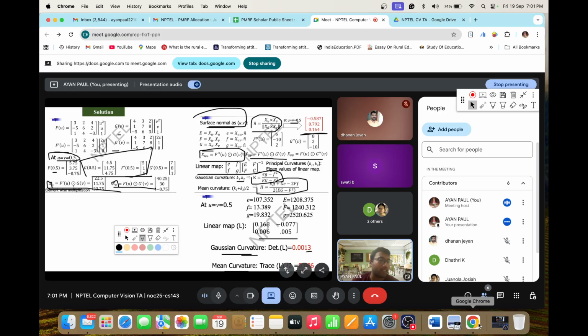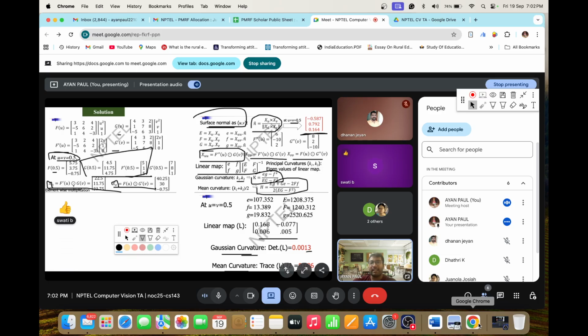You would be given the surface, and then you have to calculate the Gaussian curvature or the mean curvature. If we know the theory, it is easy to remember the formula. I can include the theory in the slide after this class, wherever I have given the Gaussian curvature and mean curvature. There only I will include the theory behind it.